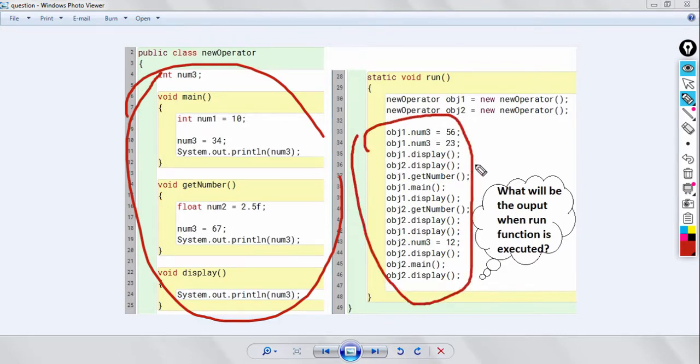Okay, so you have to tell me what will be the output for this. Okay, when the run function is executed, it is exactly same as in the example which I just showed you earlier, I called the run function, and this run function in turn called so many other functions, right? So this is what I am repeating, that you have to call the run function, and you have to tell me what will be the output.